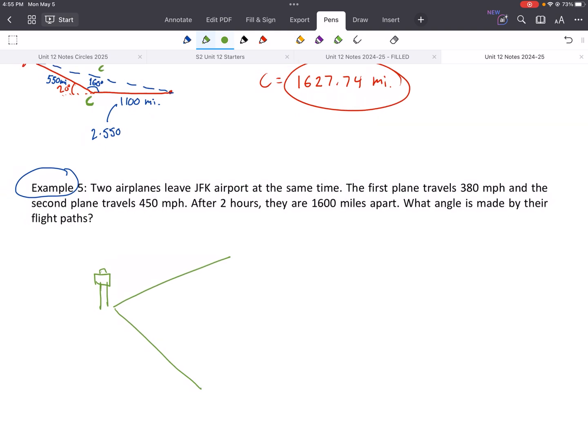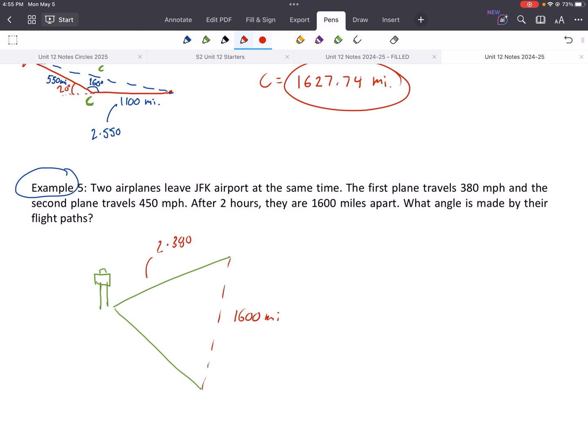Okay, so we know that this length here is 1,600 miles apart. We need to know the lengths of the other two. They tell us the miles per hour, and they tell us that they go for 2 hours. So here we just need to do 2 times 380, and that will give us